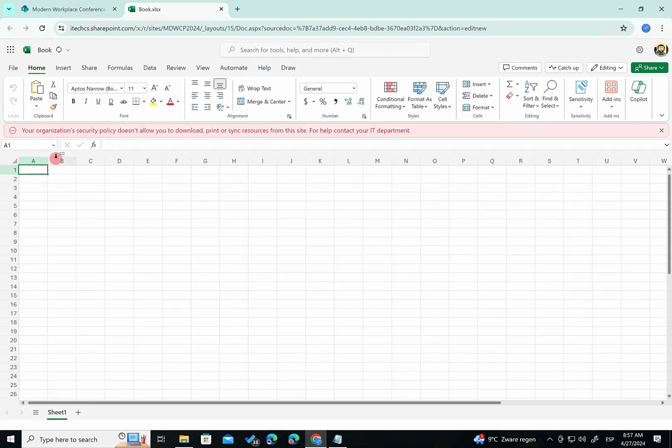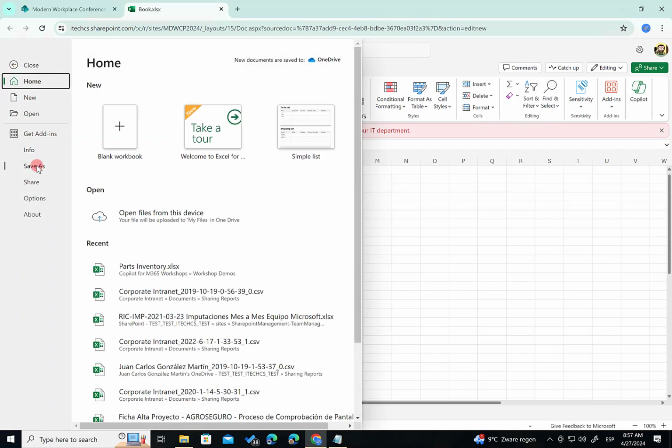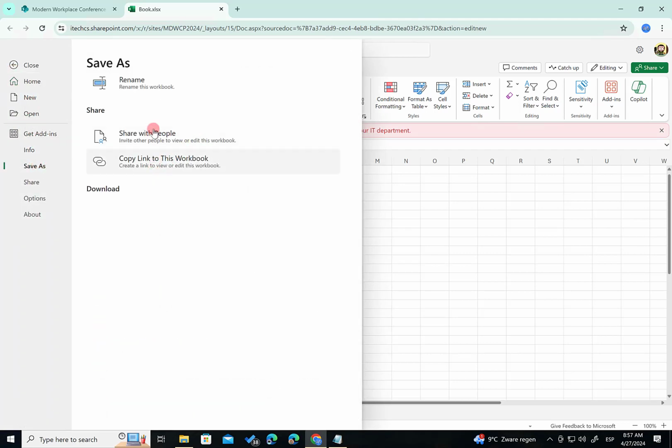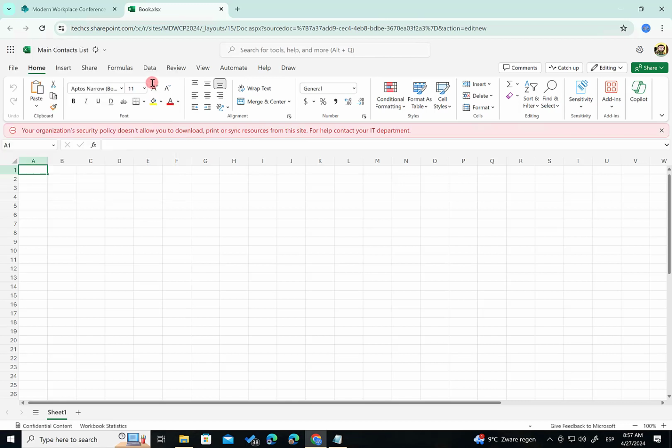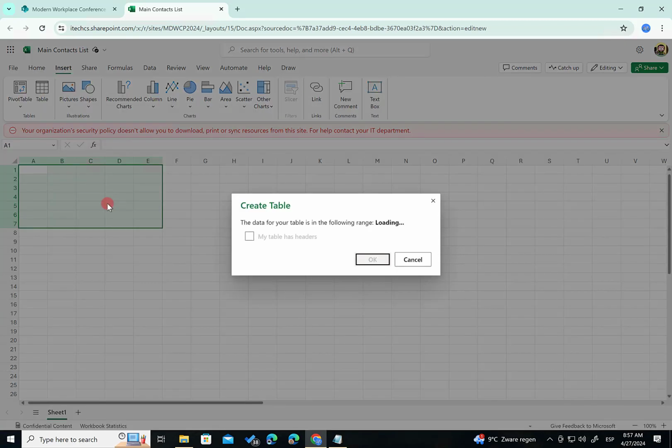So yeah, important to note this banner. This is another different setting we have in this site. So I'm going to save as, rename. This is going to be main contacts list, something like that. I'm going to create a table in here to do something.